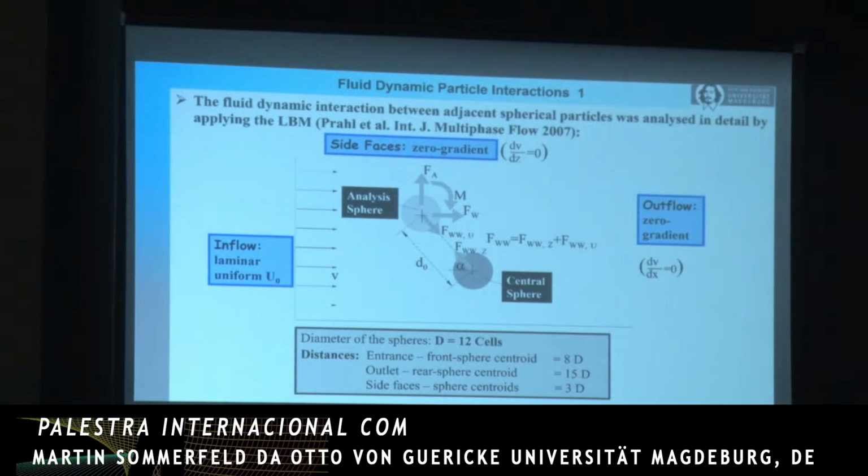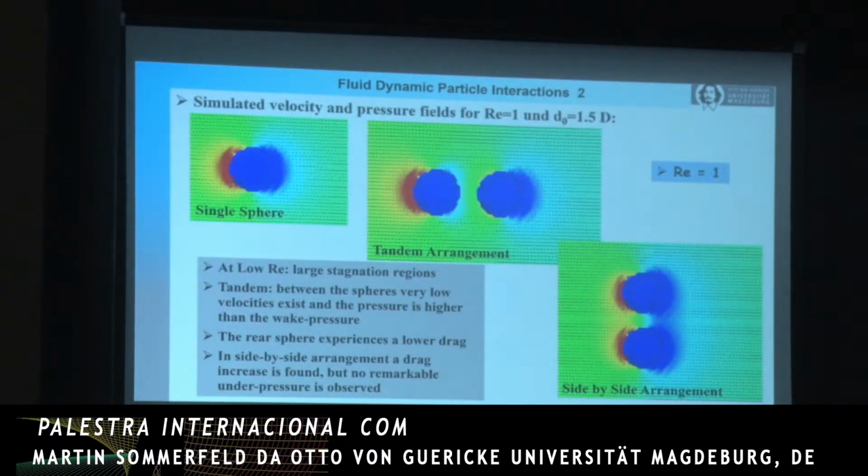It might not be sufficient, but we just wanted to get an idea about the interaction. So you see here some simulation, and I mentioned that already on Monday. You see that the flow field is somehow wiggling. This comes from the boundary condition, of course, although we use this interpolated second order boundary condition to capture correctly the contour of the particle. But actually, to get this flow field and the boundary layer also correctly, we would need the better